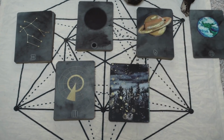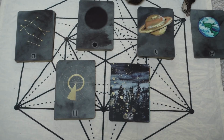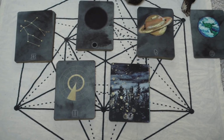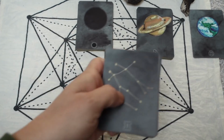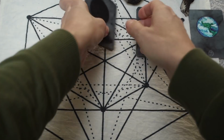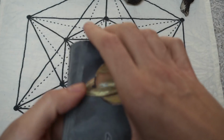But I wouldn't be me if I didn't mix this deck with something else, right? With another deck, or a few other decks that I have. So I want to share with you a few ways that you can use this deck in conjunction with a tarot deck or another oracle deck. So the first idea that I came up with was to, for example, explore a planet or energy that you